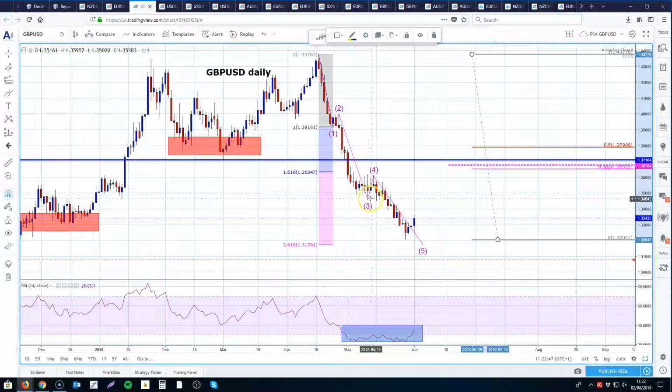Now, if we break down to the daily chart, here we can see an impulse move to the downside. So 1, 2, 3, 4. Have we completed wave 5 yet? It's difficult to say, and even intraday charts aren't highlighting an exhaustion really in cable. 131.76 is the 261.8% extension, and we've actually got a buy trigger in at 131.80 at the moment,